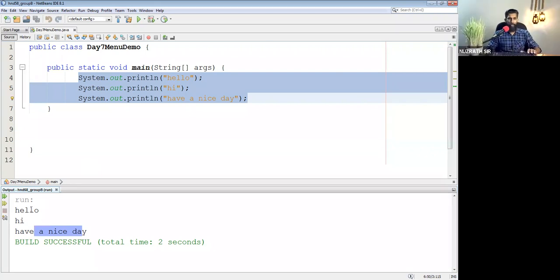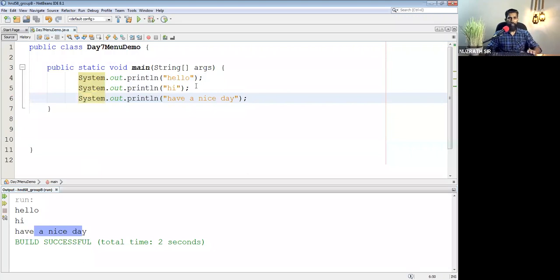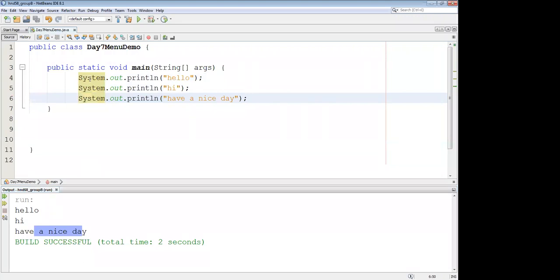Okay. Right. So you can see there are three instructions that have gone and it has been finished. So main method finishes, program finishes. Nice. Now what we're going to do next is, just like you have written,